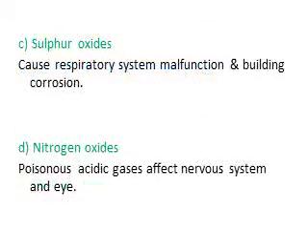Also, producing sulfur oxides, which have a very bad effect on the respiratory system, and they also cause building corrosion, as these oxides dissolve in the water of the rain, and then when the rain falls the buildings get harmed by these oxides. Also, it produces nitrogen oxides, which are poisonous acidic gases that affect our nervous system and